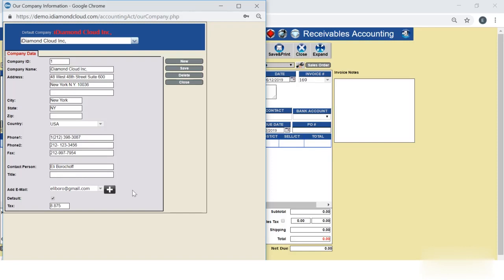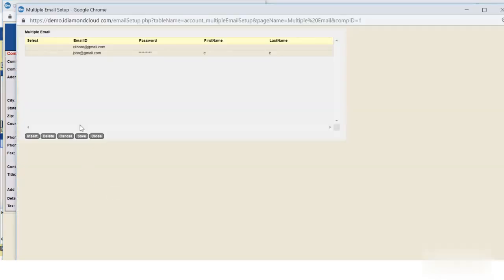What you put in, make sure when you enter the company, select the one to default. Make sure this is checked, the default. And then here, if you're selling retail with the sales tax, you can put the rate here and make sure that you save it. Okay, by the way, here with the plus button, you can enter more than one email